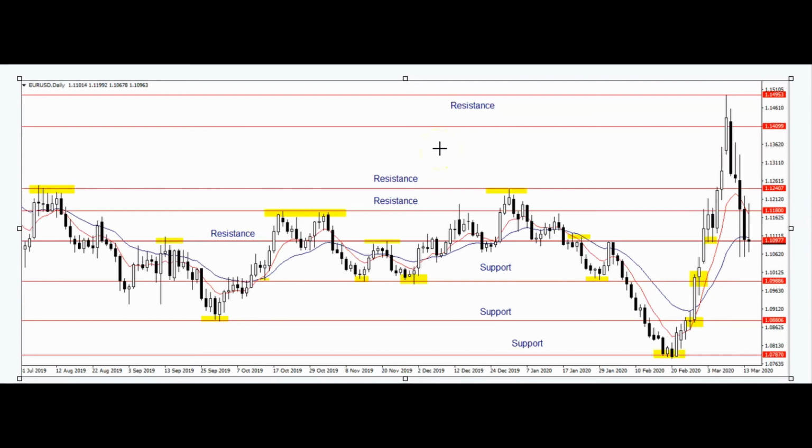Here we have the Euro USD. My bias on this pair, well, I don't really have a bias on this pair at the moment, purely because of the volatility in the market. As you can see, the last couple of weeks, price has capitulated, broken through this previous resistance here of